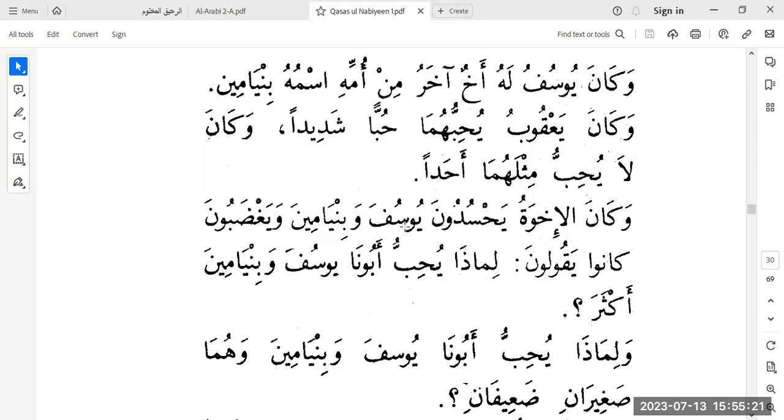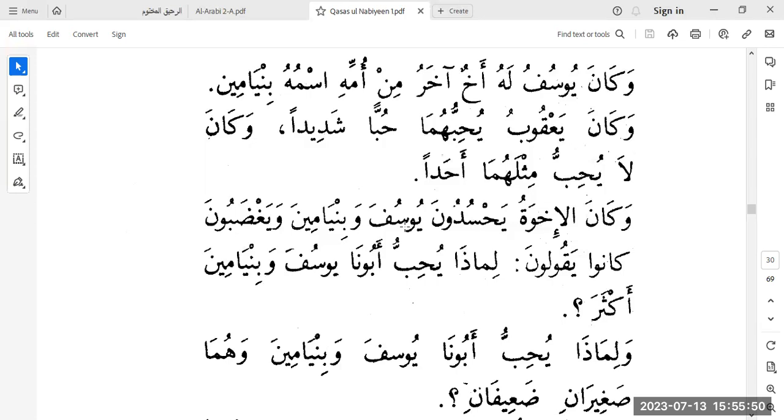ويغضبون. كانوا يقولون. So we have كانوا and يقولون. What is the ismu kana here? That is waw. And khabaru kana is jumla fi'liya يقولون, and that is mudari'. When that is the situation, it becomes the past continuous, the action that was continuous in the past. كانوا يقولون. They would say,